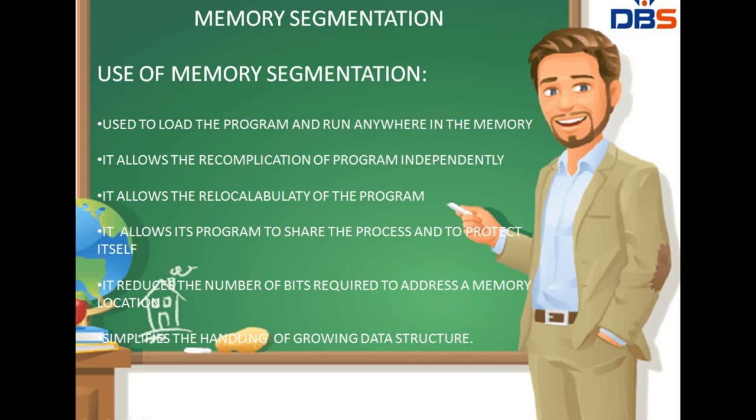As we all know, 8086 has 1 MB of memory, and it is divided into a number of logical segments. Each memory segment is 64 kilobytes and is addressed by one of the segment registers, and these segment registers act as base registers, that is, they hold the starting address of the currently used segments.